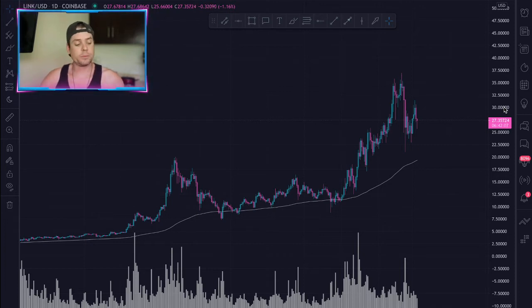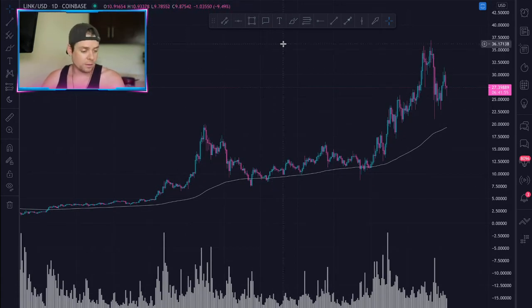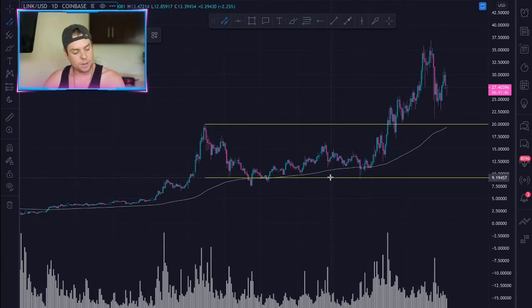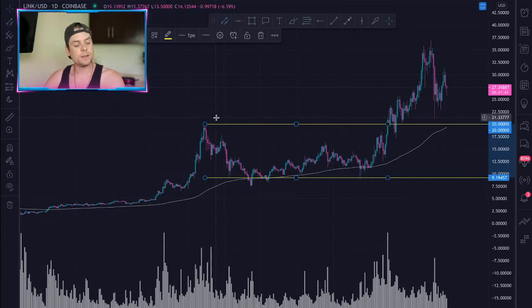A lot of them don't care about the US dollar anymore, other than the fact that as the US dollar comparative increases, you get more and more users into the network. So we can quickly take a look at Link on the US dollar pair, and then we will go take a look at it on the Bitcoin pair. So we have this kind of reaccumulation after decline occurring inside of Link.